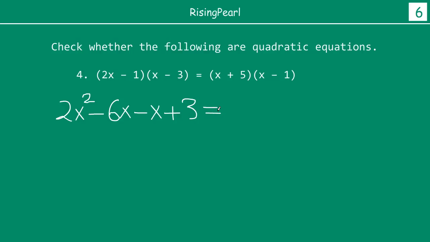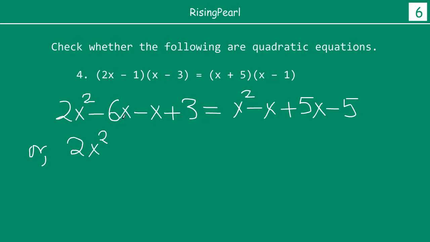So this is the left hand side. Now let's do the same for the right hand side. X times x is x squared. X times minus 1 is minus x. Plus 5 times x is plus 5x. Plus 5 times minus 1 is minus 5. So here we have 2x squared minus x minus 1 minus 7x plus 3 equal to x squared minus 1 plus 5 is plus 4x